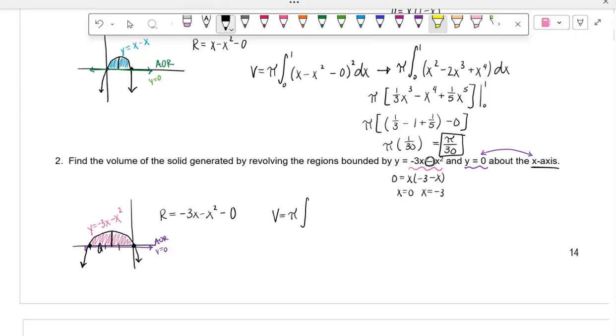All right, where our two lines intersect are our bounds of integration. So we've got from -3 to 0, and then we've got negative 3x minus x squared minus 0, which is not needed, squared dx. So again, just like the previous problem, when you multiply this, you have to split it up. You're going to write it twice and distribute. So you're going to have 9x squared plus 6x cubed plus x to the fourth